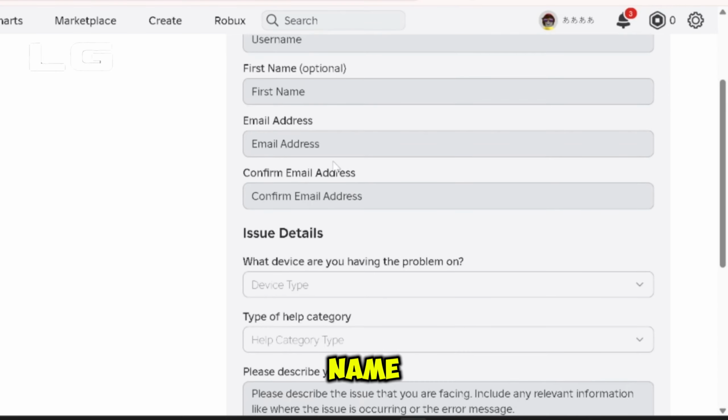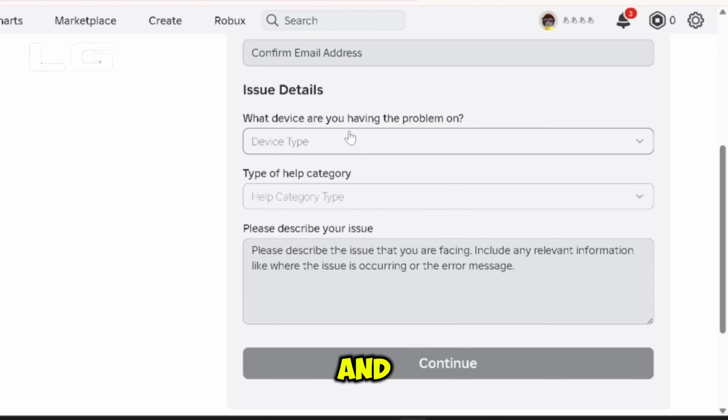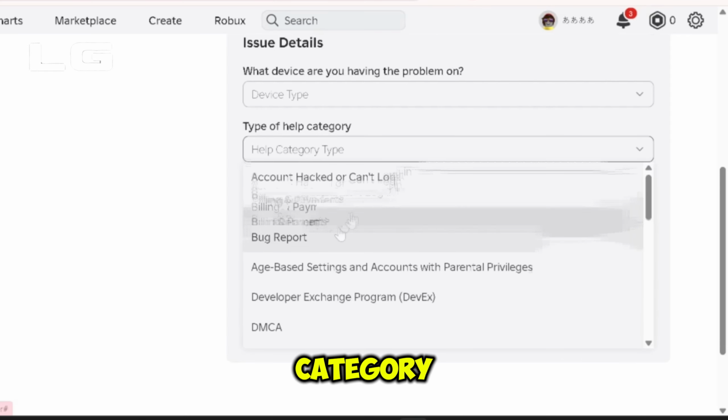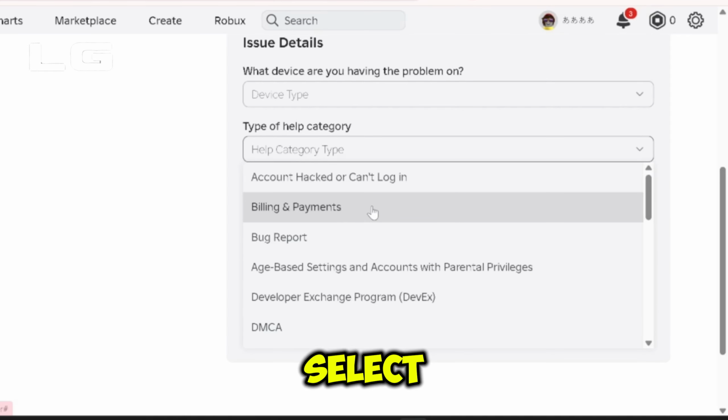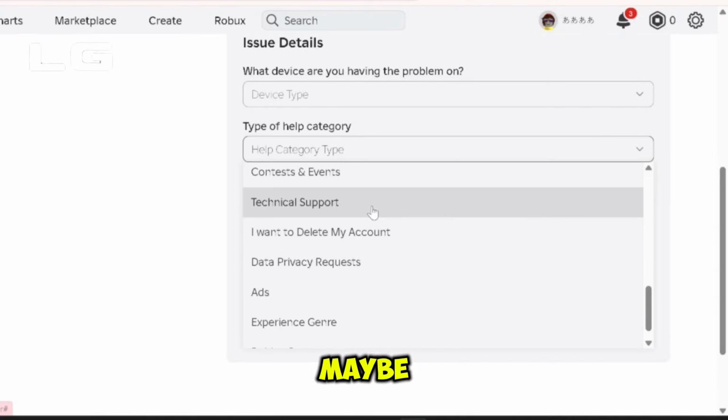Type in the first name. Confirm your email address after typing it in the first place. And likewise, under issue detail, simply select your device type. It doesn't matter which device type you use. Under type of help category, all you have to do is select something that is related with this, maybe verification